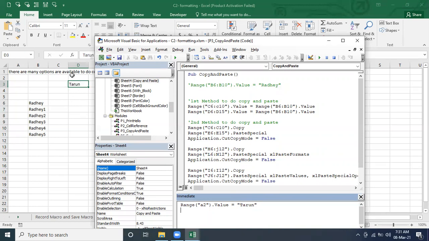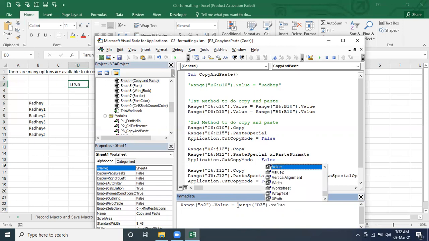Instead of passing it manually, if we already have a value somewhere in D3, can we use this reference or not? Yes, we can definitely do that. D3 dot value. Okay, dot value. What does it mean?